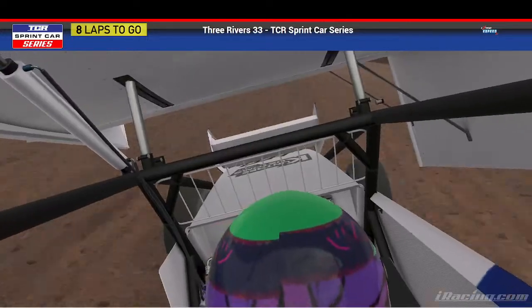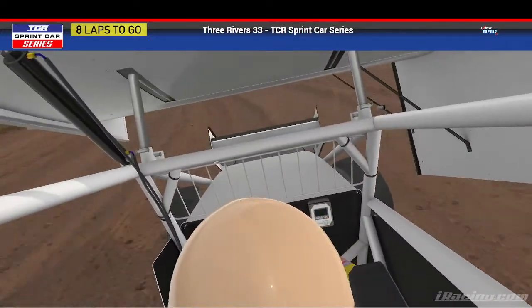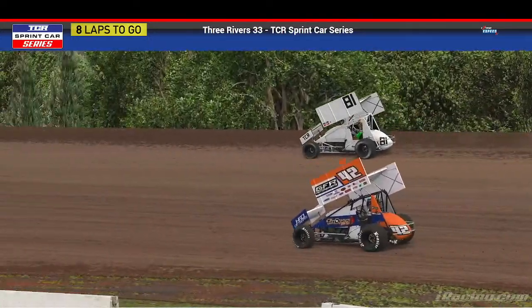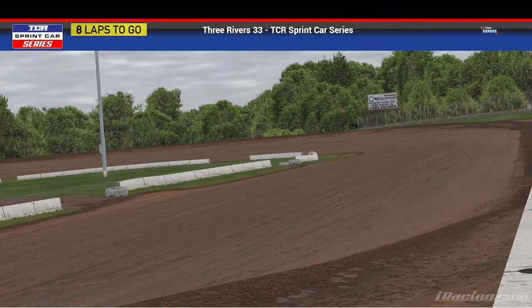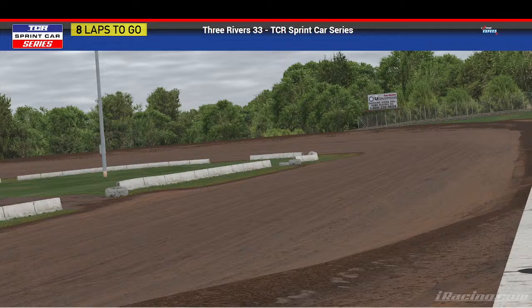Ooh, right in front of him. Lundberger got into the fence, and he went for a wild ride. Look for that yellow flag to come back out, and indeed it does. Never mind. That will conclude what will be heat race number 1. And that heat race,